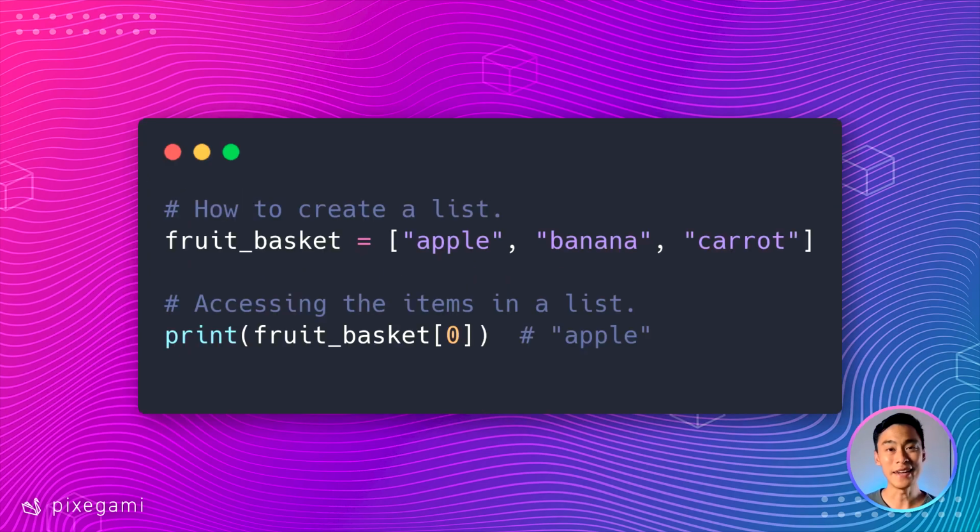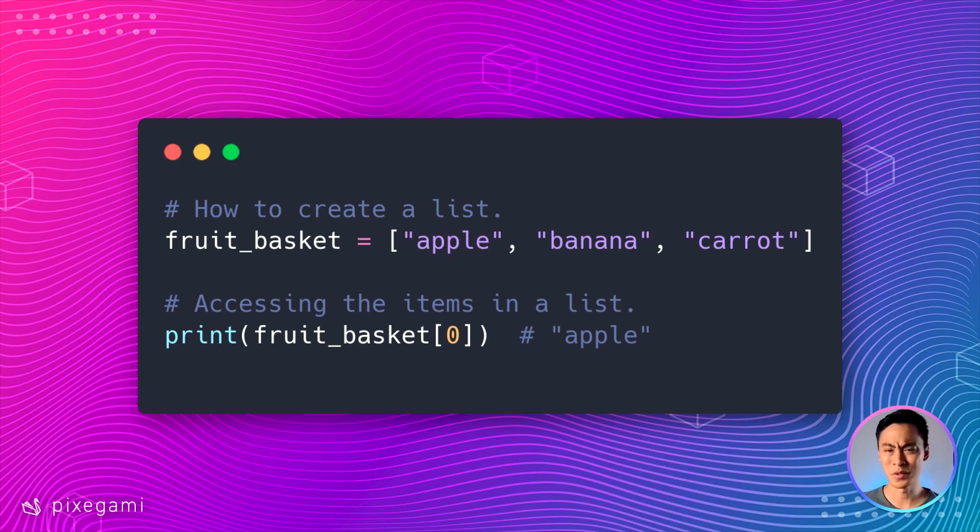To access any of the items in the list individually, you can also use the square brackets. To do that, you type the name of the list, in this case fruit basket, and then open the square brackets, and inside those brackets, put the number of the item you want to access. This number is called the index. It corresponds to the position of an item in a list, which is why at the beginning I said that the positioning matters. Except that this number starts counting at 0.